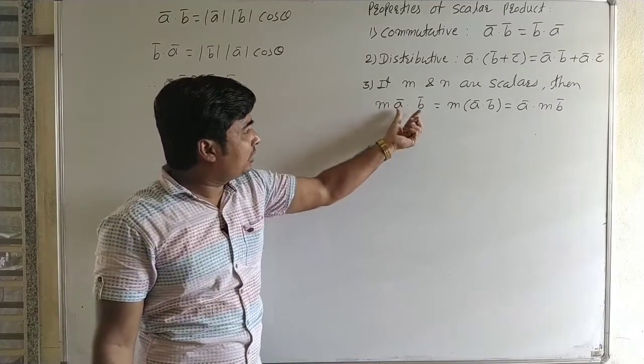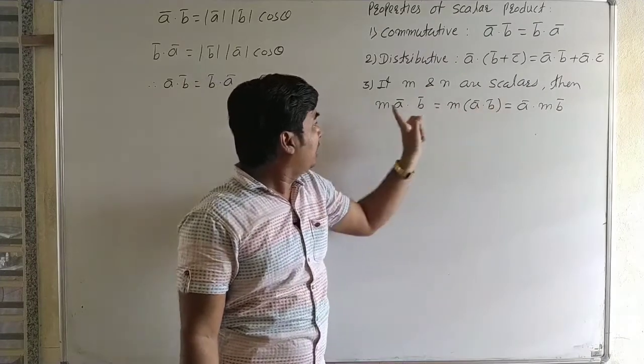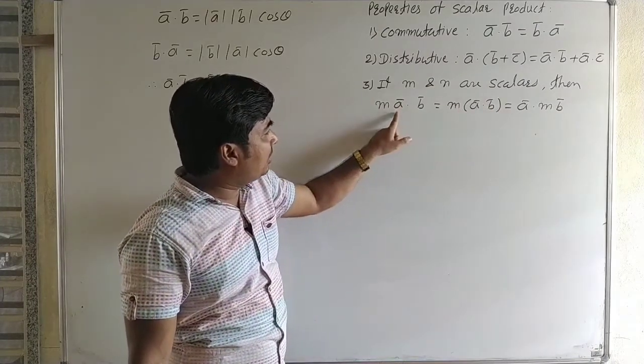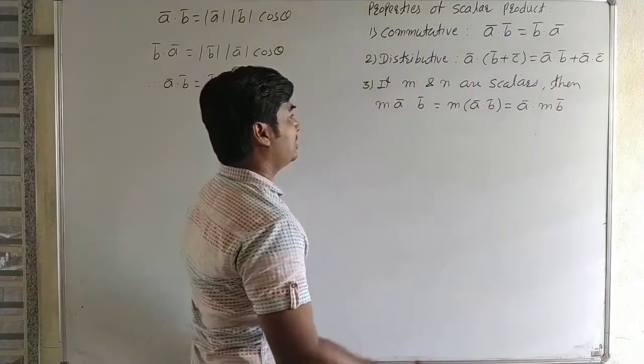Then when we take the dot product and then multiply with a scalar, or multiply m with a bar, or a bar dot m into b bar, it is a scalar